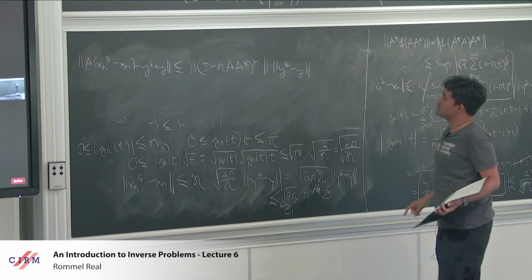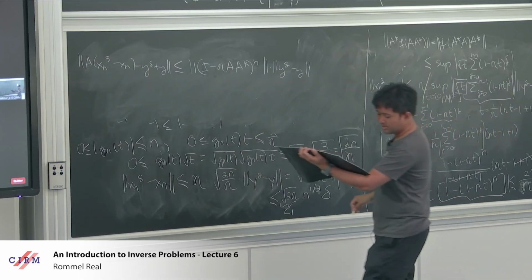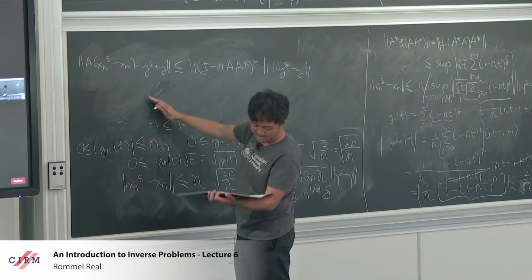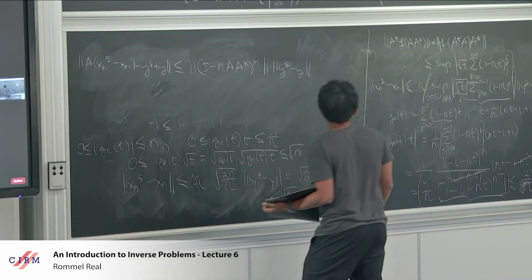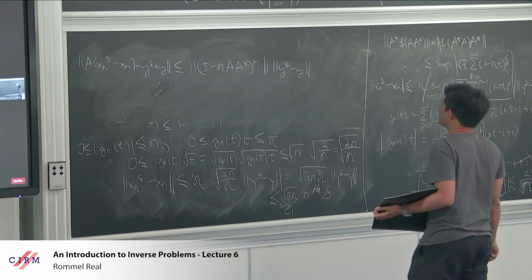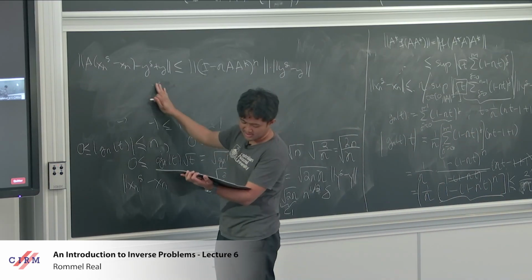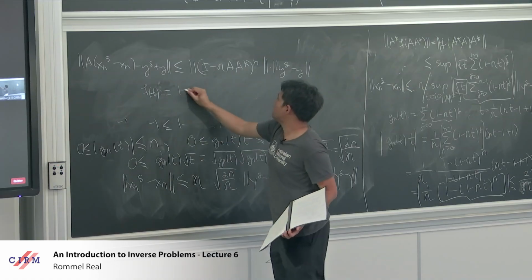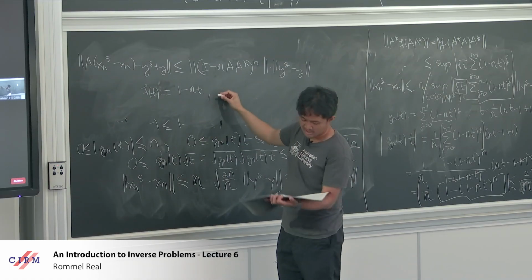And again, we can use spectral calculus here, because if we let f of t be equal to 1 minus eta times t,